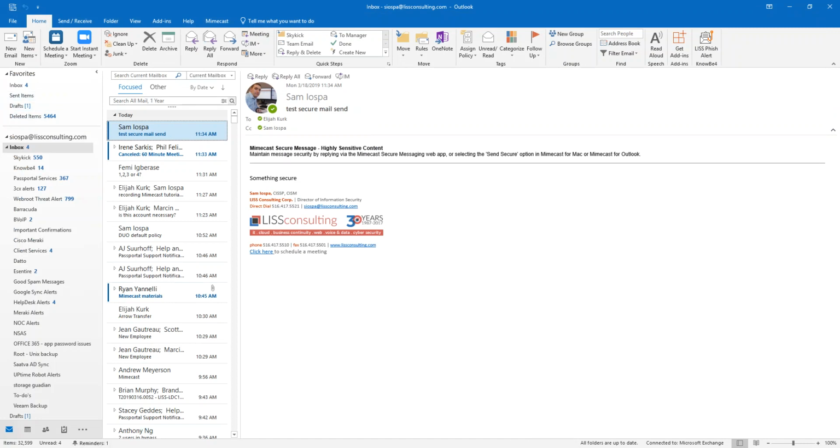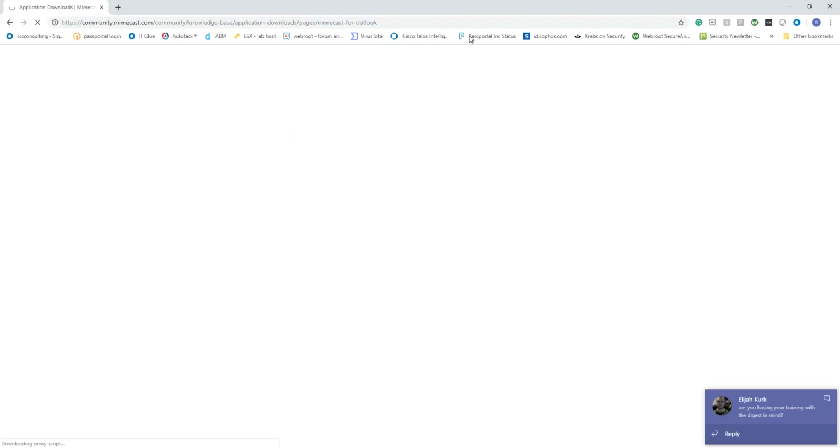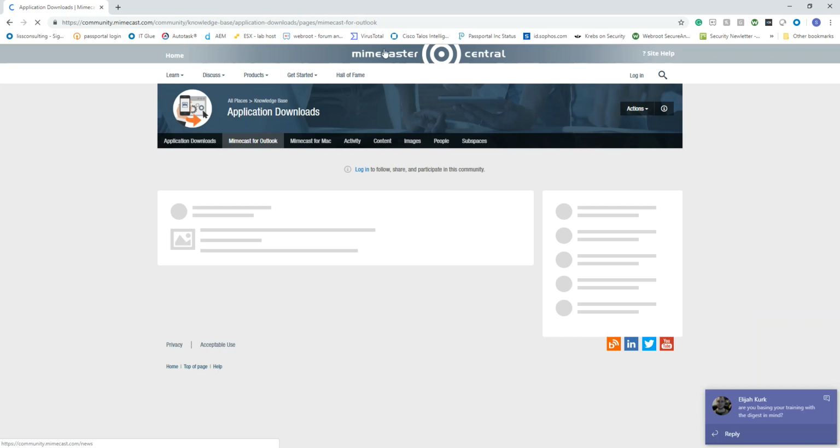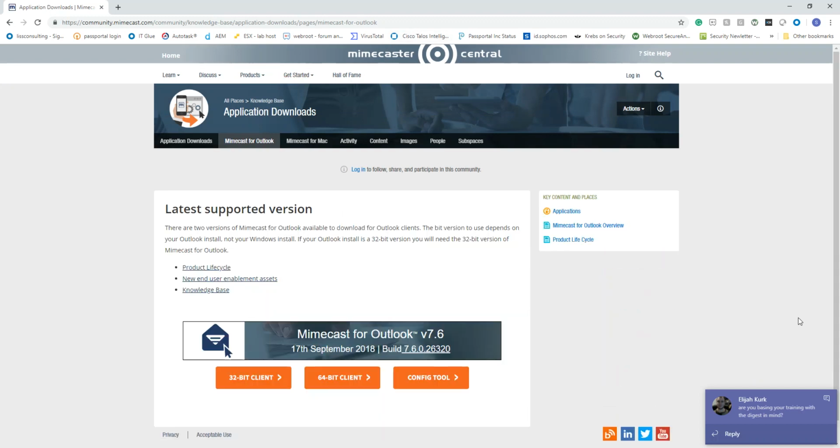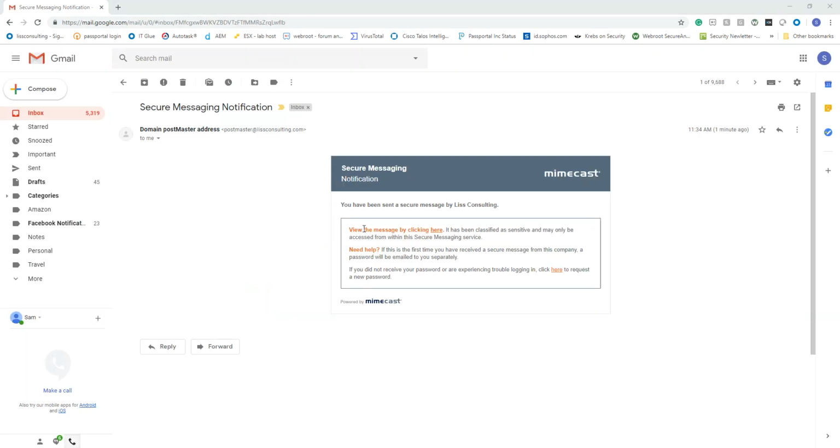And so now, open that up. So here we have the message that we received in Gmail. So you can see that it doesn't come from the sender. It says Postmaster Atlas Consulting, right? So it's being filtered out. If I want to see the message, I will actually click here,